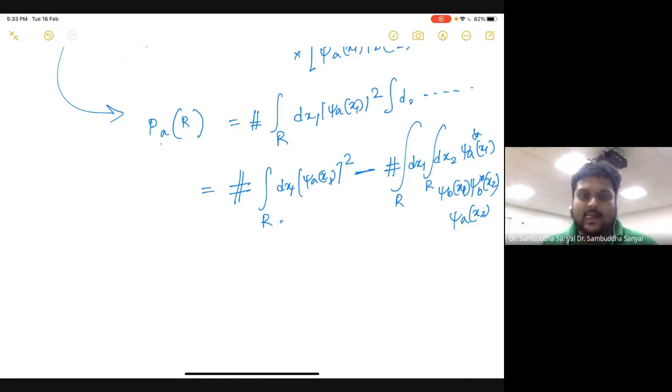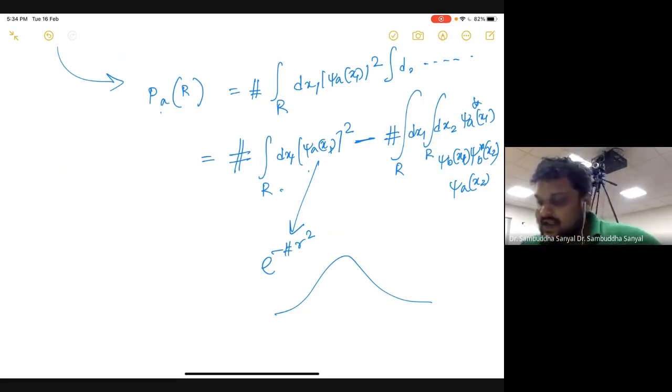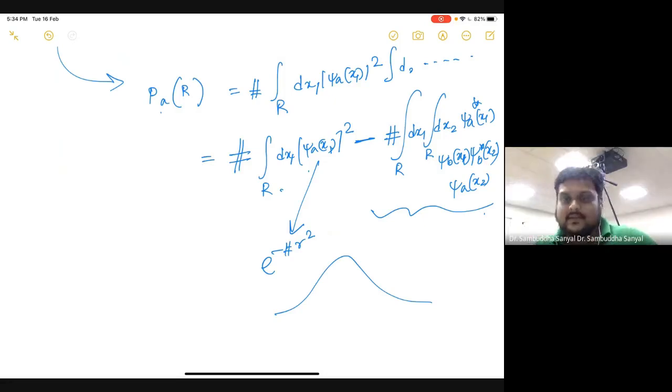But in practice, if you are dealing with an electron, you can plug in some actual wave function, e to the power minus some number times r square, like a Gaussian wave function or some exponential atomic wave function, and you can do this calculation. You can show that this influence is actually negligible. So in principle, when you are dealing with one electron, it is entangled with all other electrons in the universe. But in practice, that entanglement is negligible because the probability of doing anything will not be affected by all the other electrons in the universe.